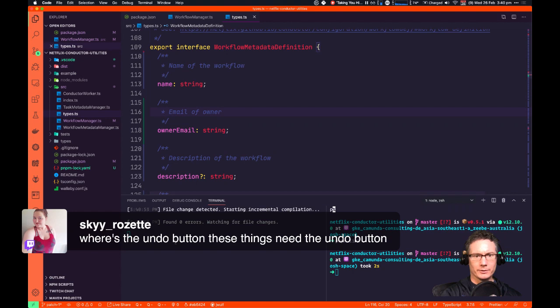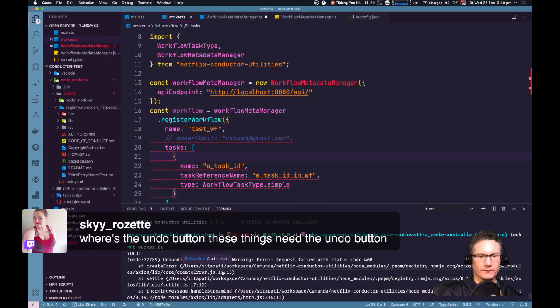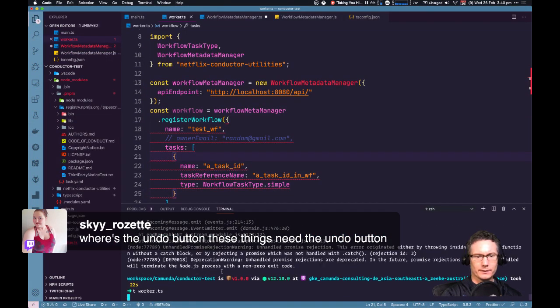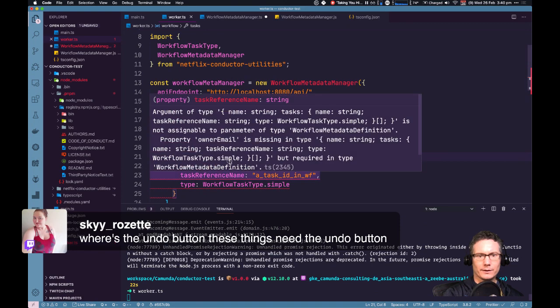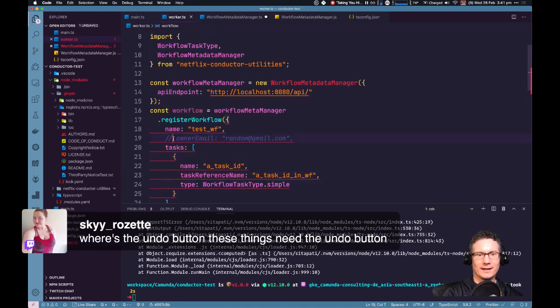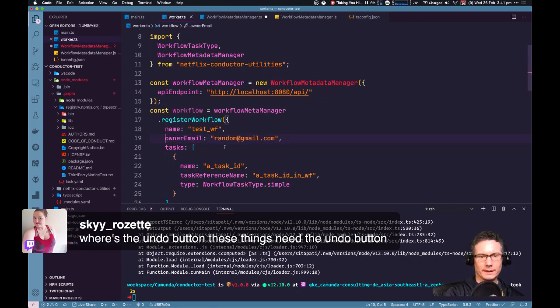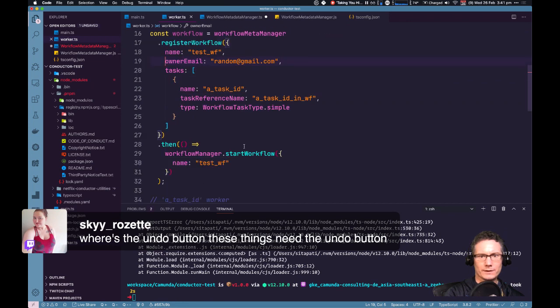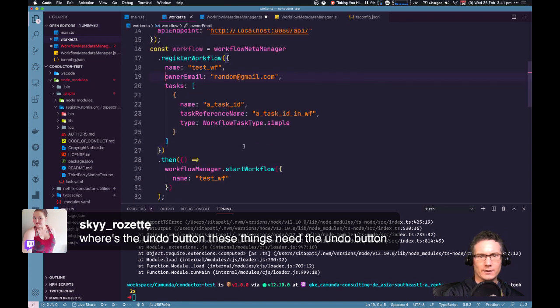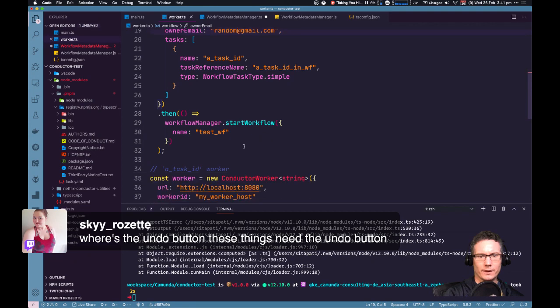Save, rebuilds. Okay, we go back here. Now it's complaining that I don't have an owner email, which is what we wanted. Now the other problem was that it said that task A was not defined.